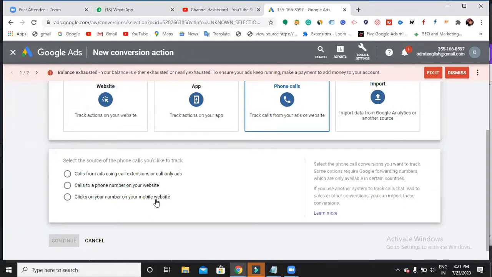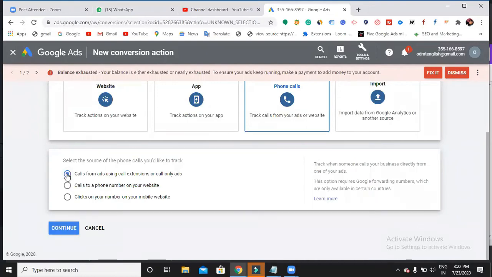So what do you want to track? I am going to track the call only ads. If you want, you can track the call extensions also. As of now, I'm going to track my call only ad, that means the ad which is appearing in a SERP. If you want to track the phone number which is appearing on your website, you can also track that.